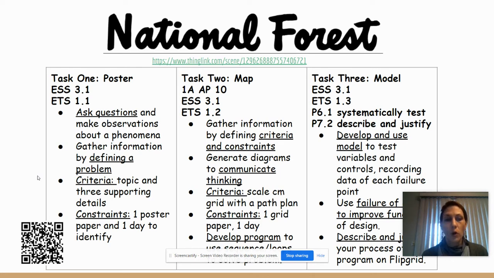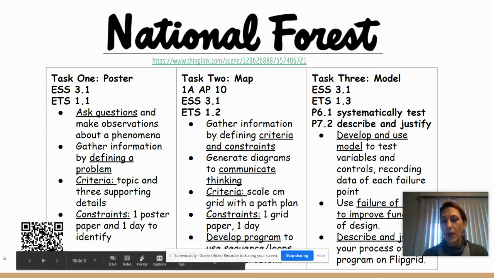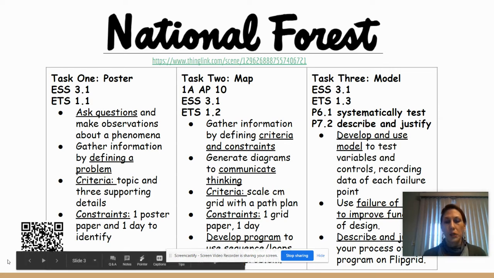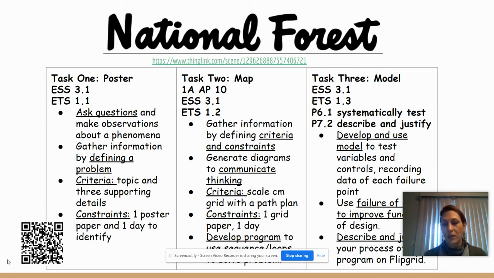Once they are done with their poster, they will move on to their mathematical component, which supports a lot of the math practices. Really, they will be making a model of a map that will be a scaled model. They will be not only using scale, but they will be converting and producing lots of different models to proportion of a conservation area. This map will later be used to program a robot that will actually drive around on a floor grid conservation area